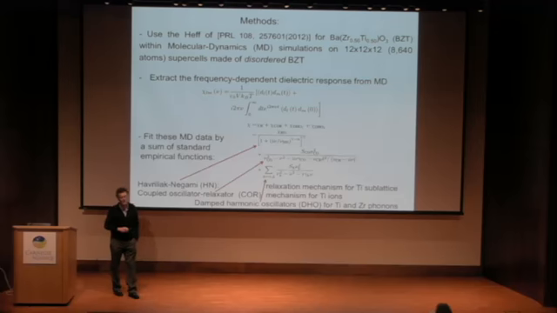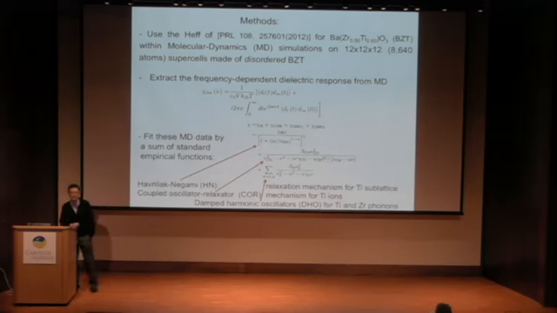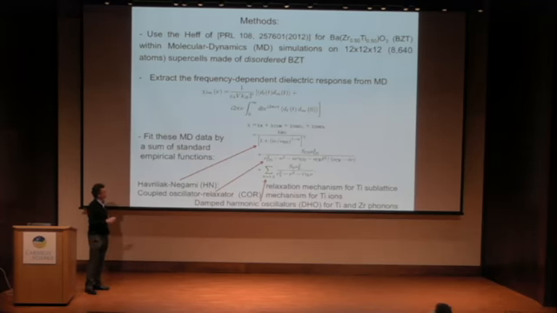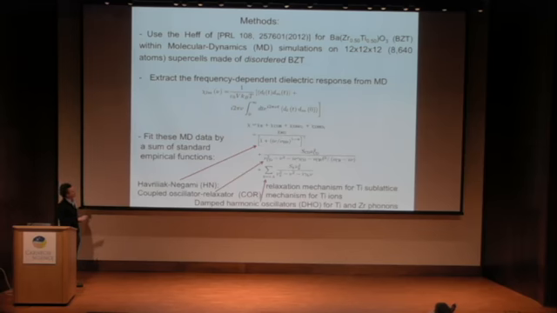What is quite interesting is how to analyze the data, and this took us a long time. I will say at least 1 year, 1 year and a half, and the solution, in fact, was provided also by discussion with Alex Zurgon and Jirka. They told us, okay, let's do it like an experiment. What does it mean? It means your data, you are going to fit them by a sum of standard empirical functions. And here we have 4 functions.